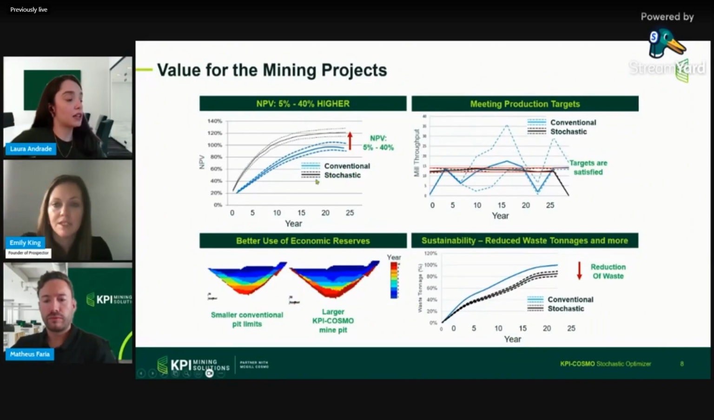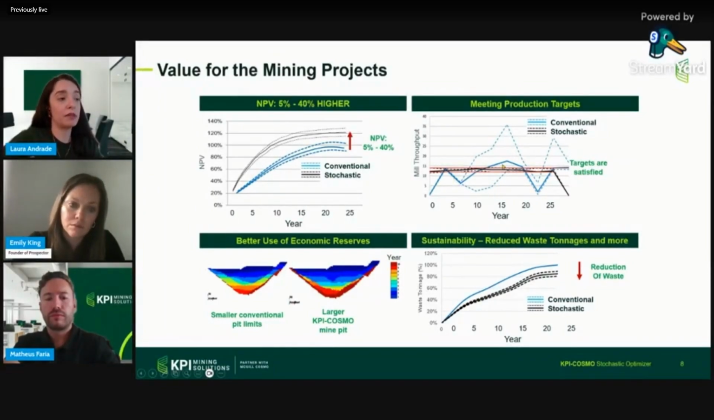So this is the same thing, a huge potential. It's a huge potential, and we have to capitalize on that and not just ignore it. So that's what I said in terms of NPVs. In terms of targets, we managed to satisfy our targets by looking at all the possible scenarios. By looking at the risk and minimizing the risk of deviating from our targets, we tend to have a better use of our economic reserves,